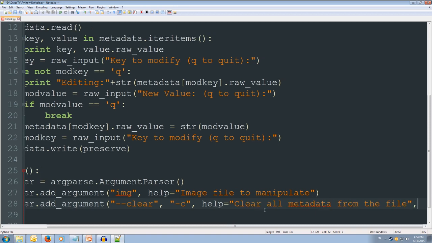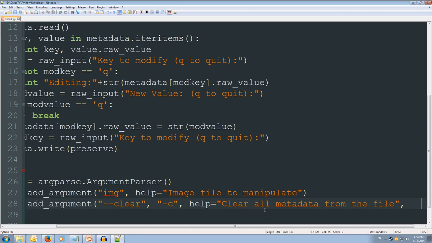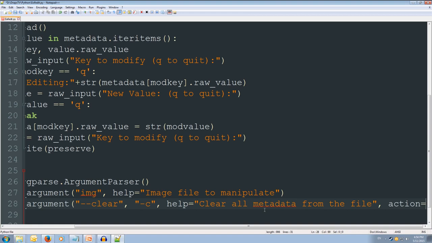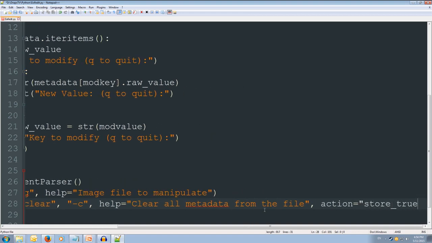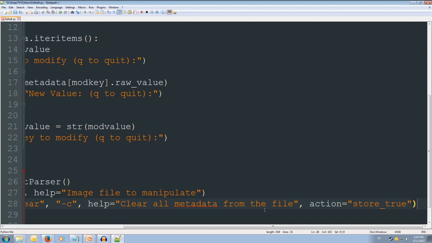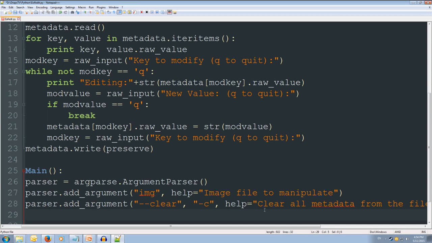Close that string off, and then it's going to make the action equals store_true. So we do want to clear all of the metadata. Alright, so let's add our next parser argument. So parser.add_argument, and this one is going to be --preserve. This is going to be for preserving the data, so that's going to also have a shortcut -p, and its help is going to equal